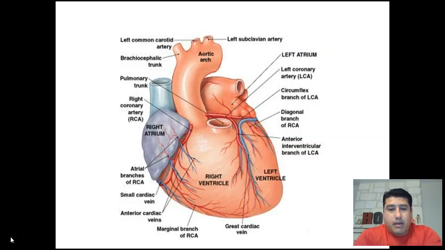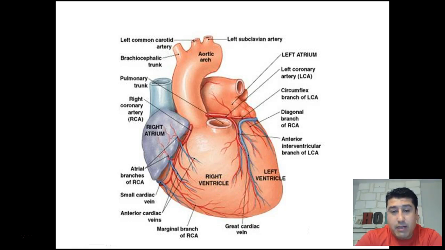Okay. All right. So the heart itself, as I mentioned earlier, is a four-chamber, two-pump system. All right. So the four chambers are the right atrium and the left atrium. You can see here the left atrium, and then you have the right ventricle and the left ventricle. So you have the two atria, which is plural, atrium singular. All right, so you have the two top chambers, those are the atria, and then you have the two bottom chambers, which are the ventricles. Okay, so that's a four-chamber system.